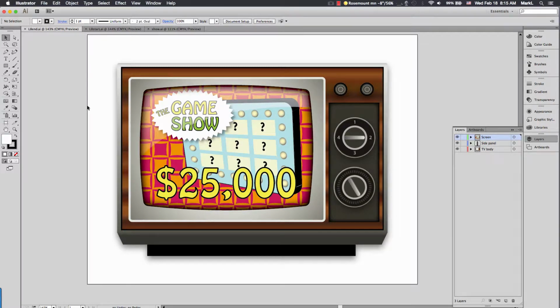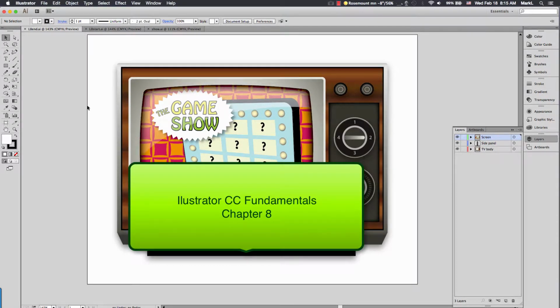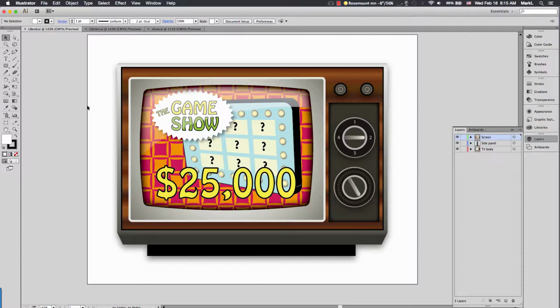Good morning. We're going to talk a little bit about a chapter we didn't get to in class, in our Illustrator fundamentals class, and that was chapter 8, working with layers. I'm just going to go through a few of the highlights of the chapter, and we're over on page 246 in your book, and the lesson overview talks about working with layers, creating, rearranging, and locking layers and sublayers,